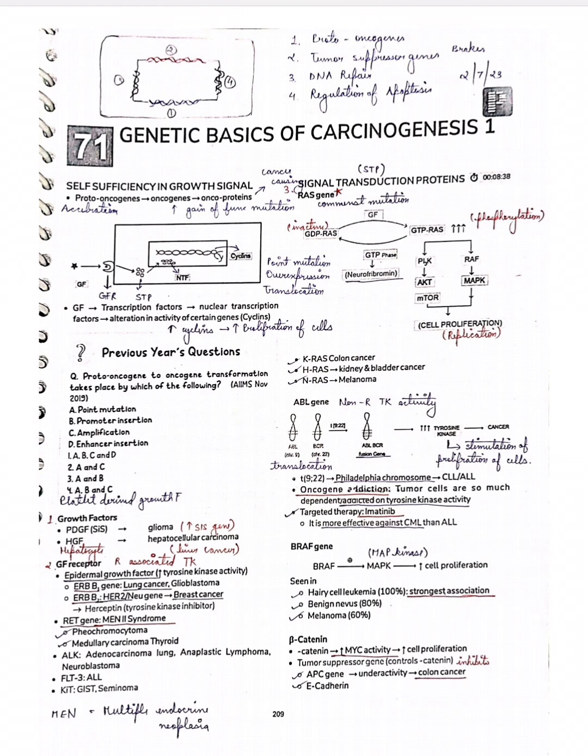Talking about the RAS gene, it is the most common type of mutation, and you can see in the cell what happens. There is a GDP-RAS present in the inactive state. Due to growth factors it gets converted into the GTP-RAS, there is an increase in the amount of GTP-RAS, and this is the phosphorylation that has taken place. Now further, the AKT gene will increase, MAPK will increase,